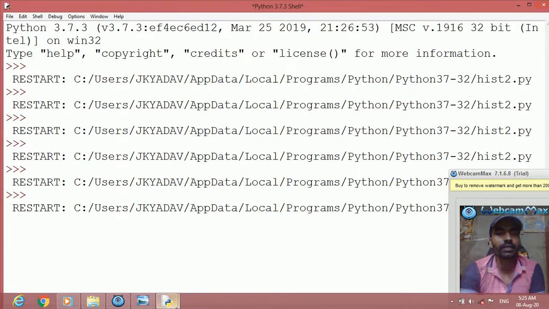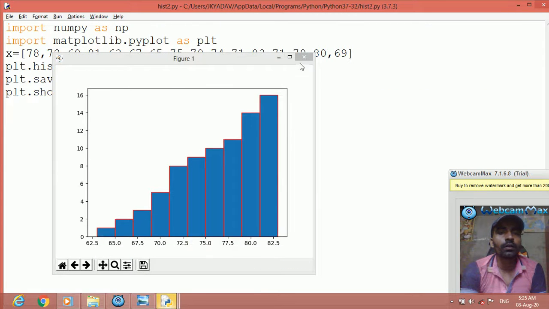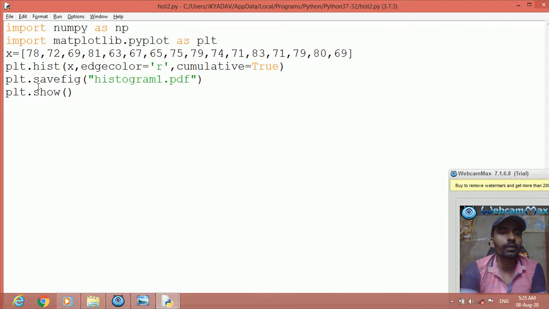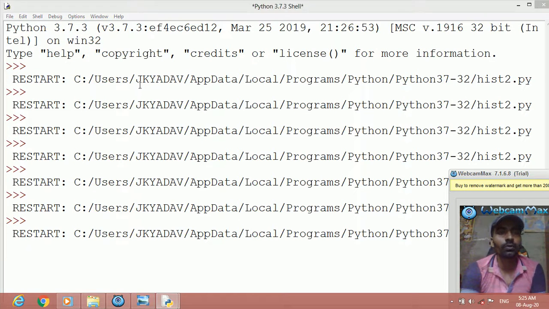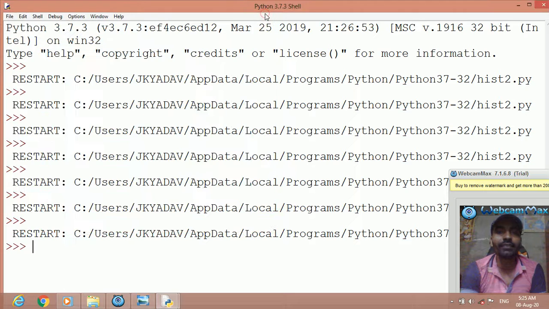Remove this. Once again, let me try. plt.savefig histogram1.pdf. Okay, save it and execute now. Yeah, now you can see here is the chart and it has been saved in the folder.